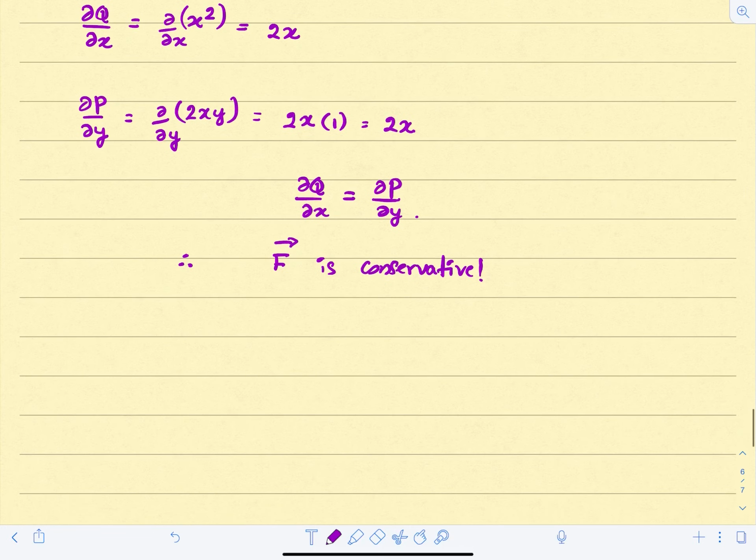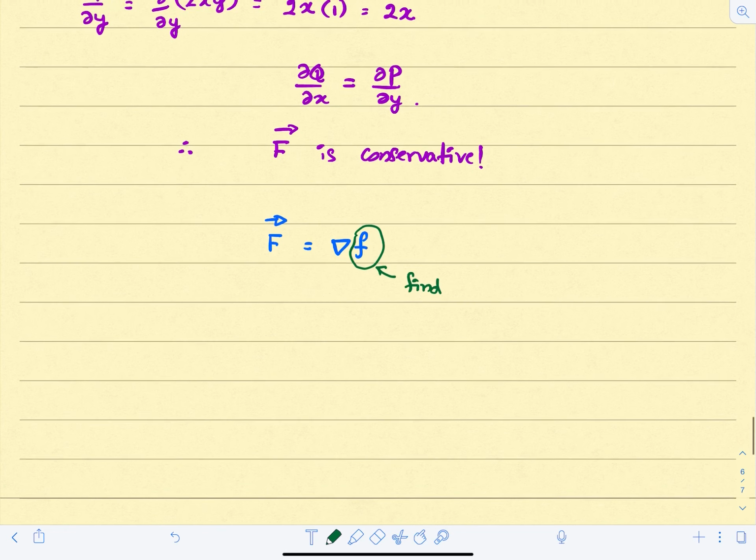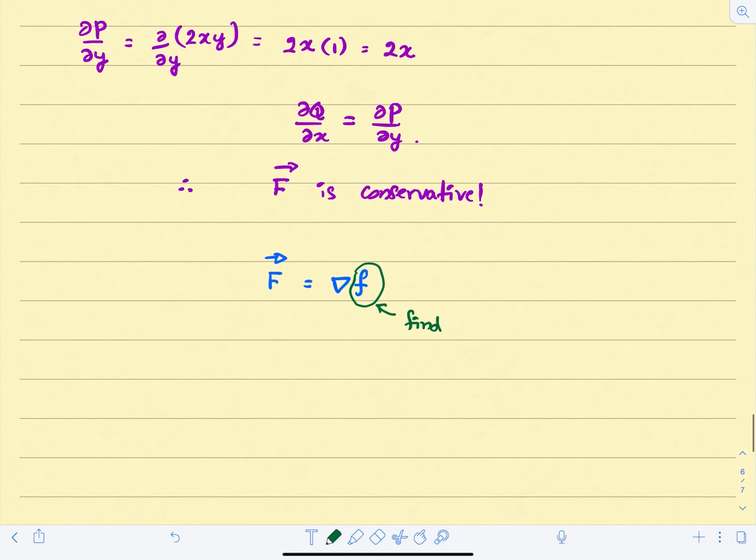At this point, we know that we can find a scalar function little f so that its gradient equals the given vector field. So now in the second part, our goal is to find this little f. Okay, this is the way we do it. Since the vector field f is conservative,